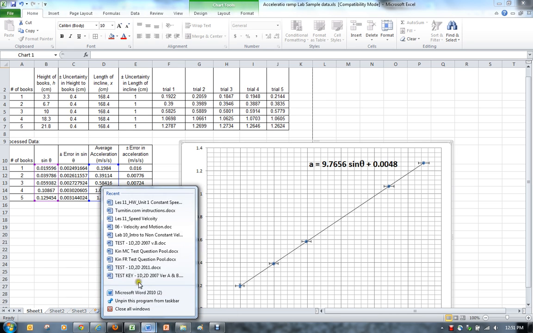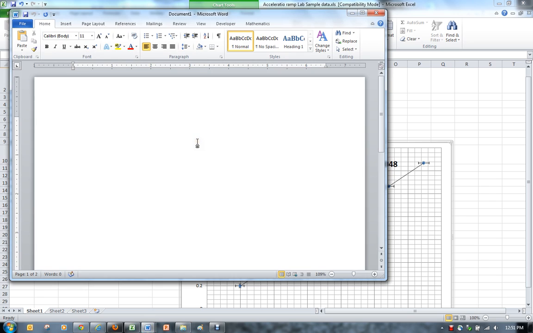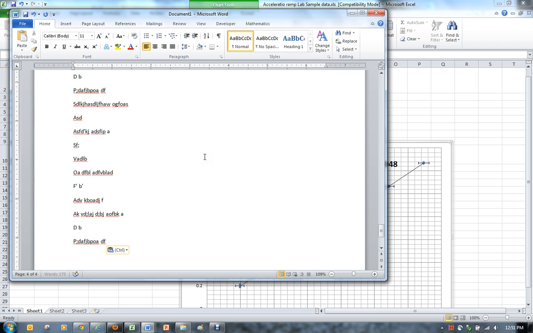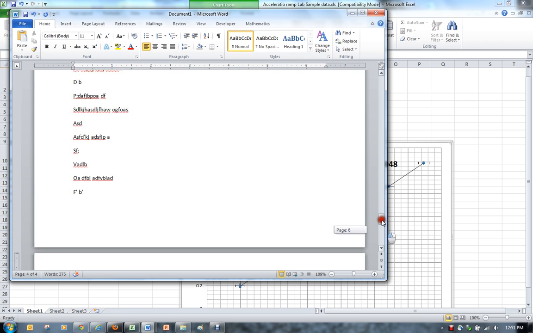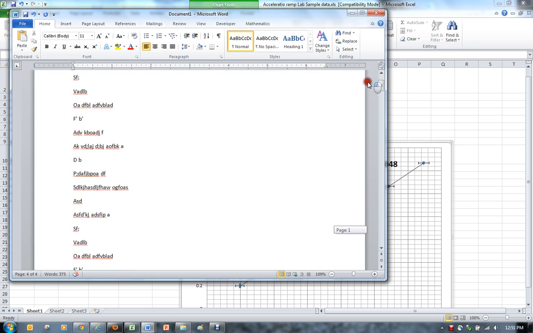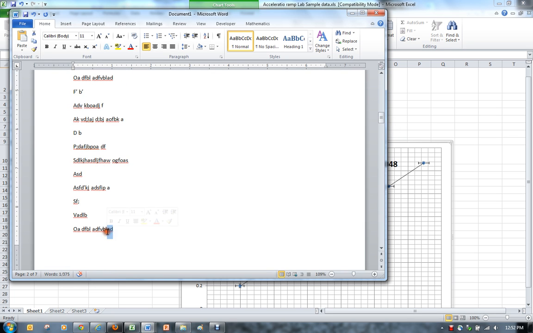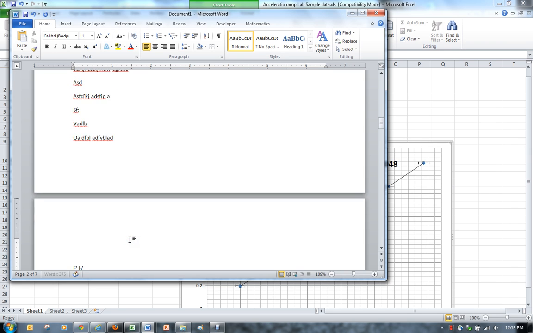First of all, let me pull up a new Word document. That'll be my lab report. So you just make a quick lab report here, and maybe make it a bunch of pages long. So I've spent all my time writing this wonderful lab report. And let's say the first 2 pages is my introduction and my procedure and all that, and then after this I need to put my graph. So if I need to insert my graph in the middle of my page and my tables, okay,